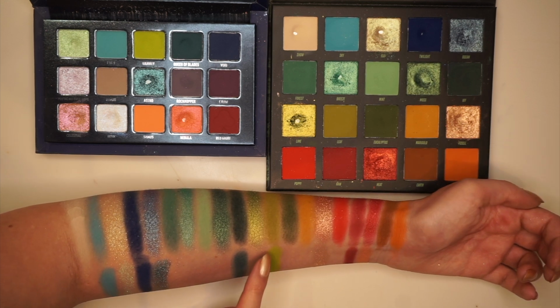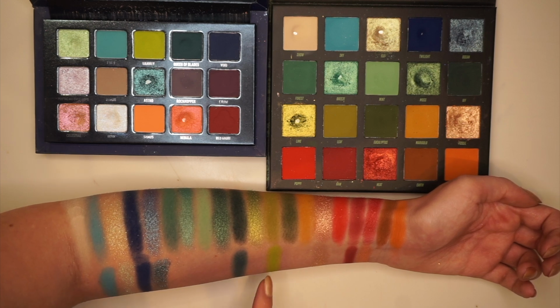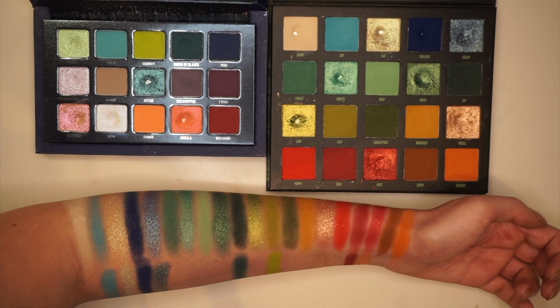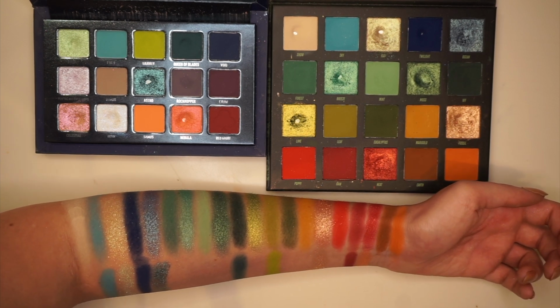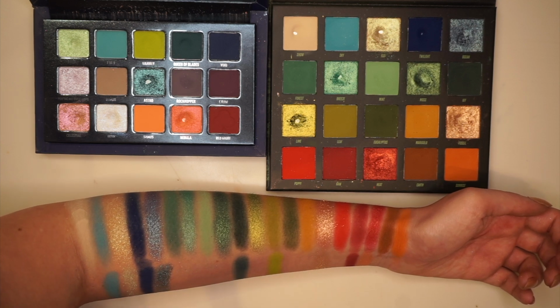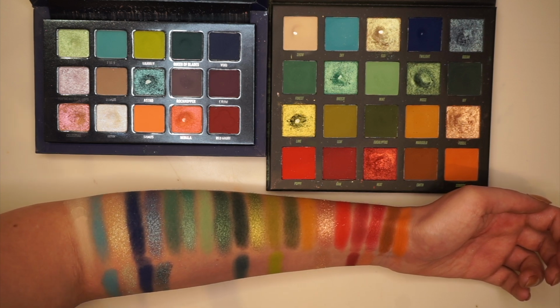I have also compared the shade Leaf with the shade Gravity. The shade Gravity is definitely more electric and has more kind of yellow to it, but it does give a similar vibe, and I feel like if these were blended out, they would have a similar effect. I actually realized that Leaf is something that I don't have too many similar shades to, just because of the